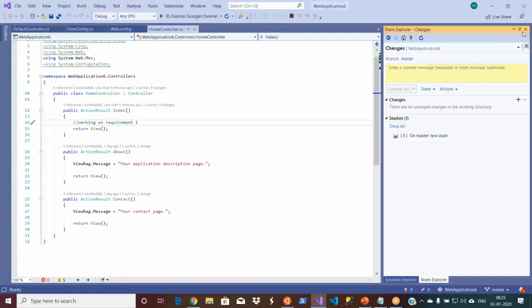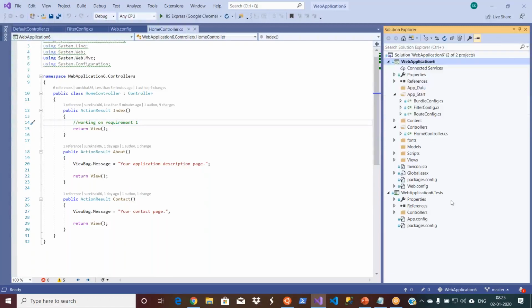Now let's observe our Solution Explorer. If you see our Solution Explorer, I created one file, right? It has disappeared here. Yeah, default controller, it has disappeared. When I did the stash and selected the second option, stash and keep staged, the file itself disappeared from here. Okay, that is the first observation you can see.